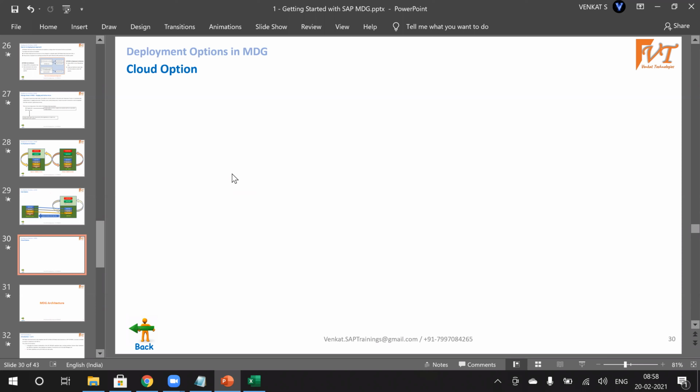Any other questions from anyone? Once the MDG is implemented, is it a continuous process, or once we are done with one set of data, are we done with the MDG system? So it will be one-time maintenance. Once the project is implemented and it goes live, there will be a hypercare period depending on the customer license agreement. It can be 2 weeks or 1 month, or based on their business criticality also.